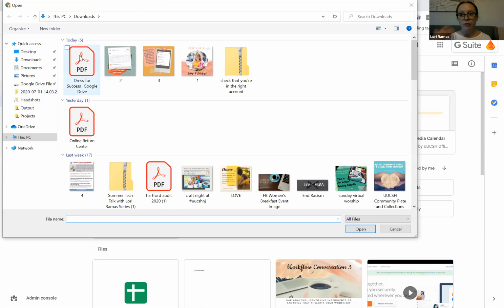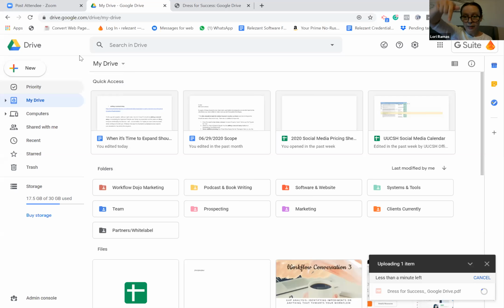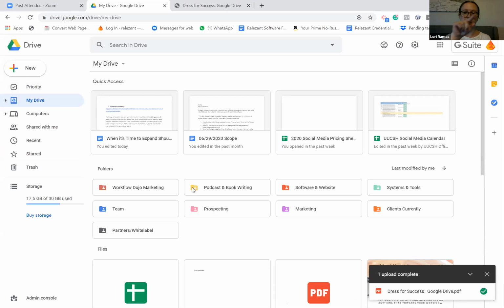Select your PDF or your image, and at the bottom, it actually tells you it's uploading. You can rename it. Just like on your desktop, you can do folders, you can organize it. You see my folders, like I have different colors for podcast versus my workflow training versus my software folder. One's red, yellow, pink, blue. However much you love organizing, you can organize. However much you hate it, don't worry about it.